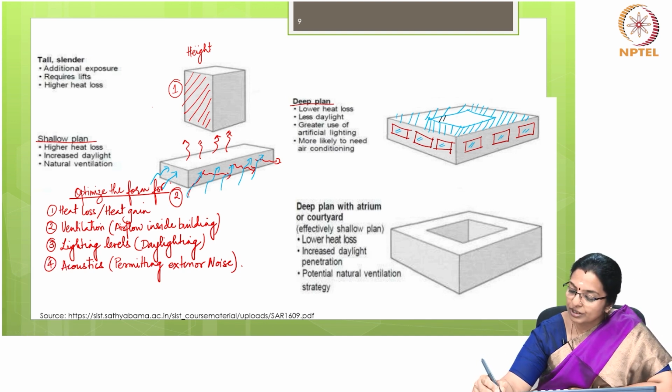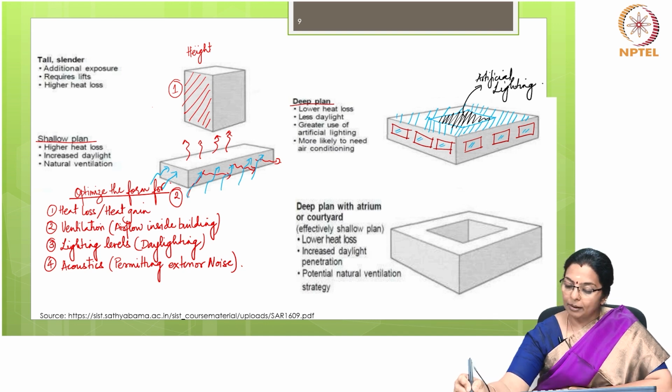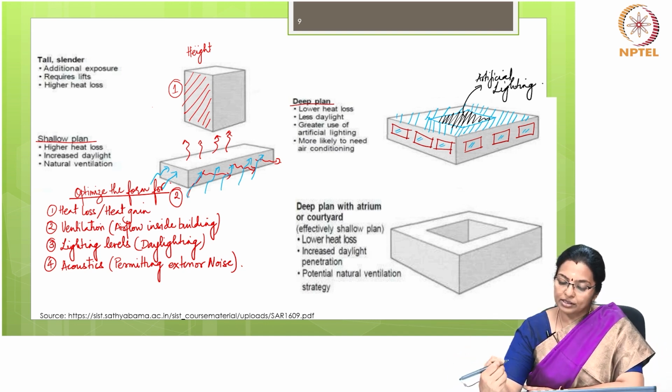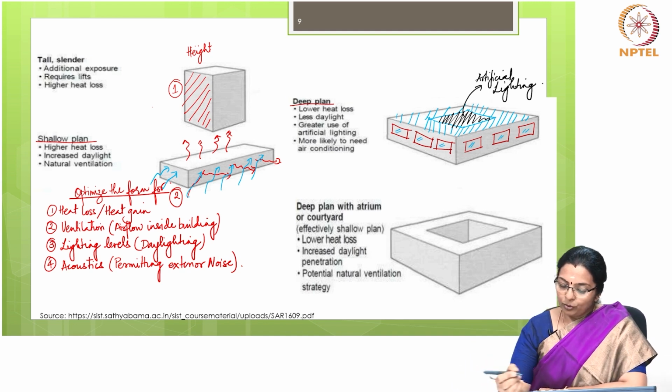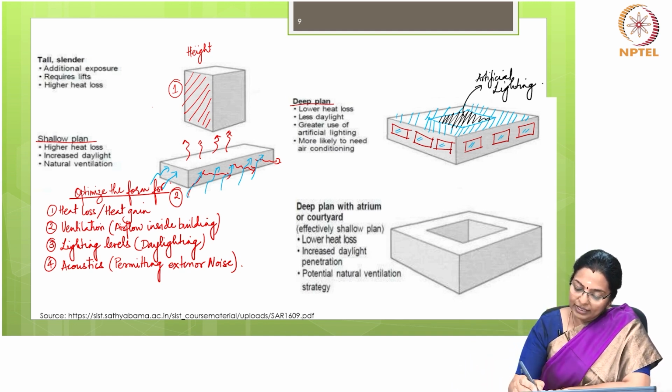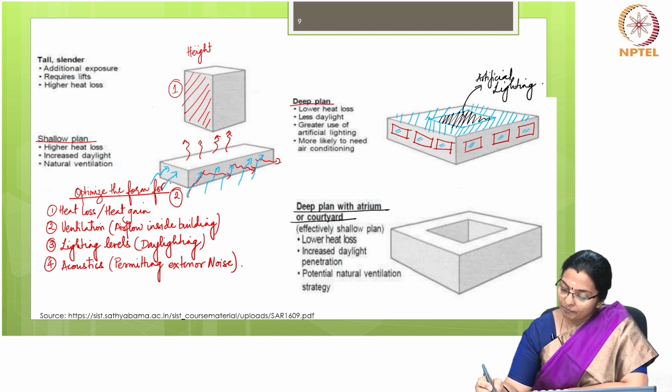So, this portion will have to rely on artificial lighting. But this is going to cause a lower heat loss. Then you have a deep plan with an atrium or a courtyard, which is effectively in a way a shallow plan. We can call it a shallow plan because